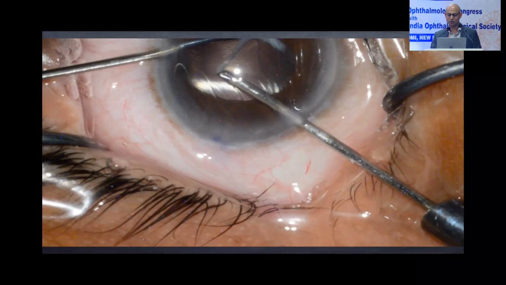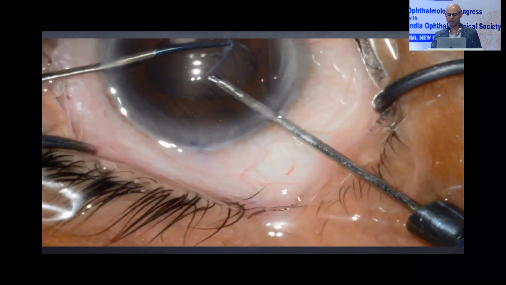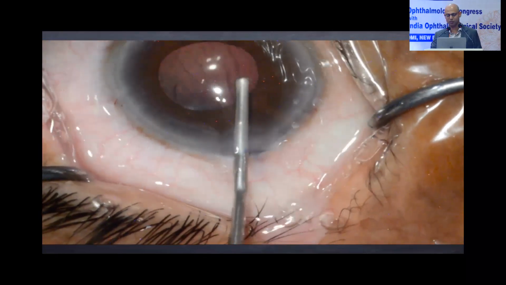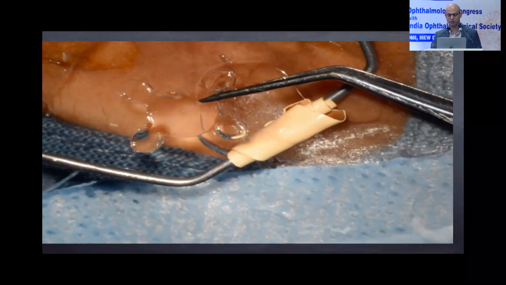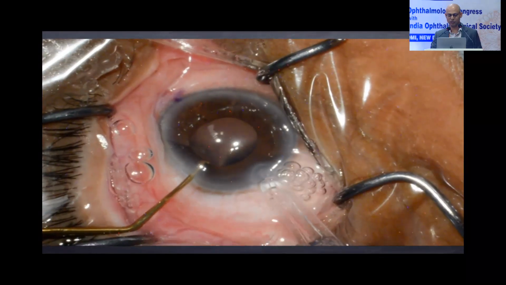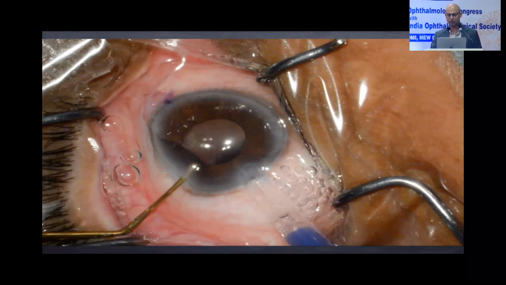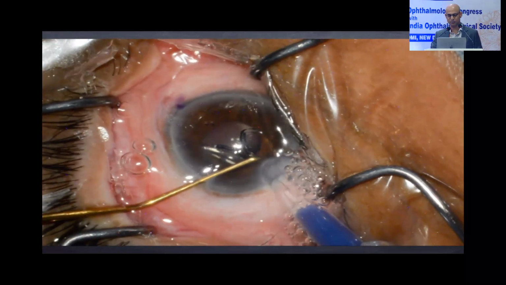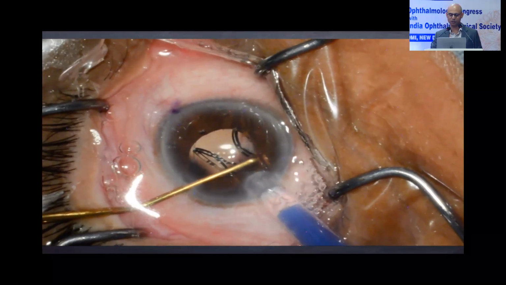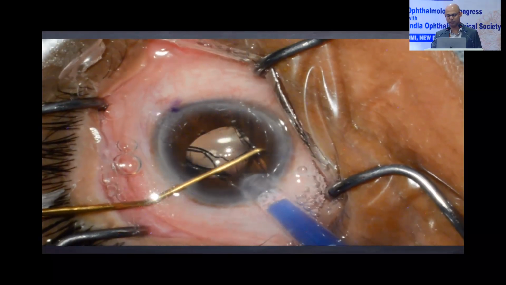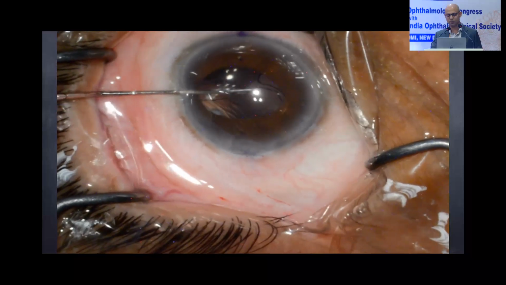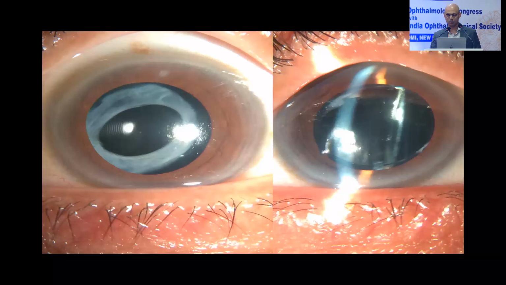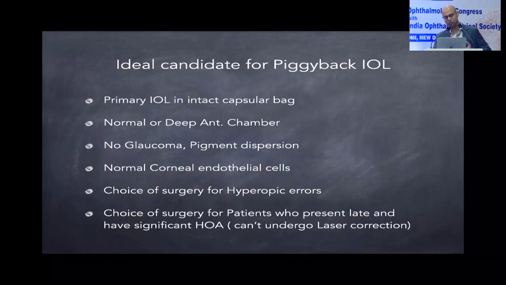we subsequently then put the secondary piggyback lens in the sulcus, as you will just see. So you have to inflate the sulcus and then basically take this lens and inject it anterior to the anterior capsule. It's a pretty good option which is now available to us because Care Group makes it, and you just need to tuck it in like any plate haptic lens. And this patient, you can see the 2 lenses on the slit, did very well and was unaided 6/6 and 6